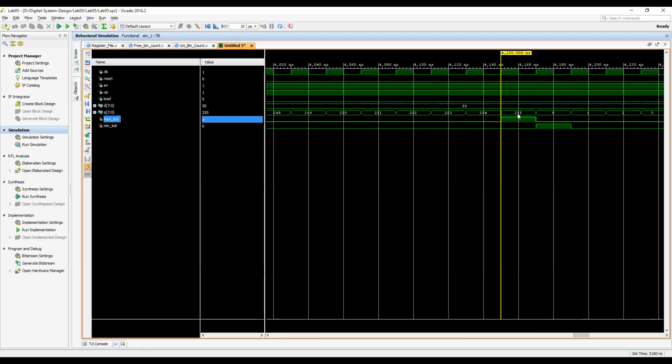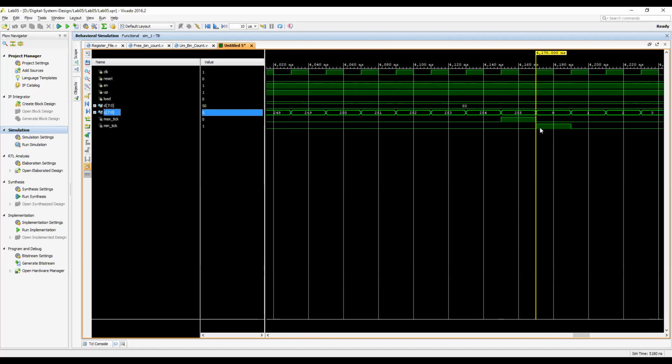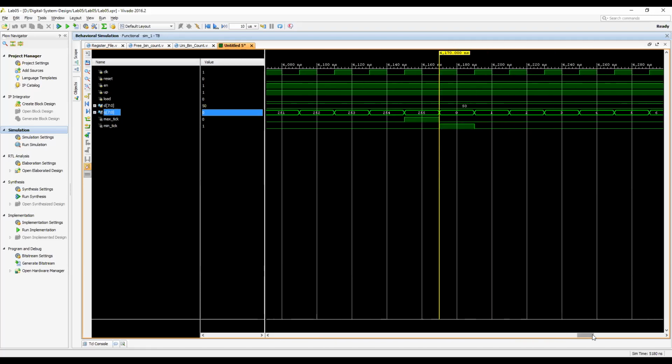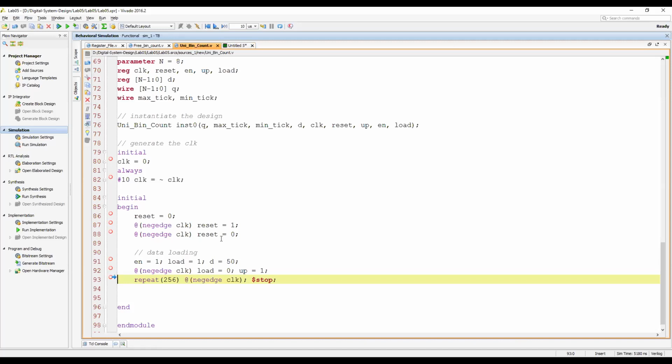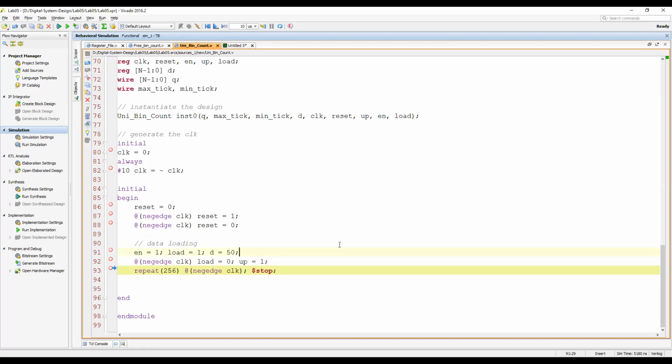When it reaches 55, it generates a max tick signal, and when it reaches 0, it generates a min tick signal. Okay, so the first one is done: data loading and up counting.